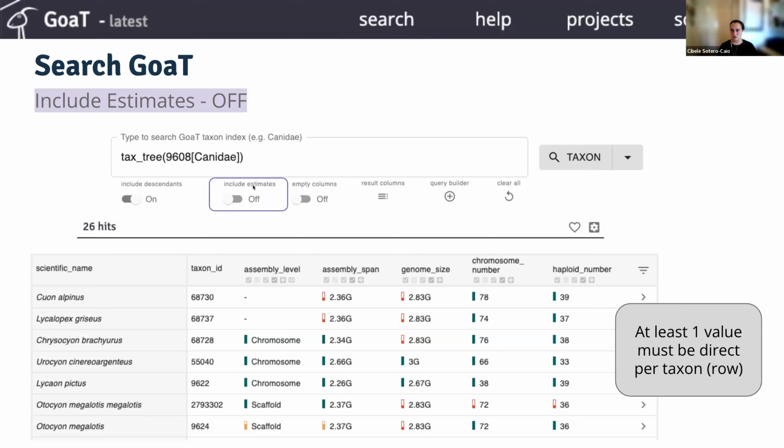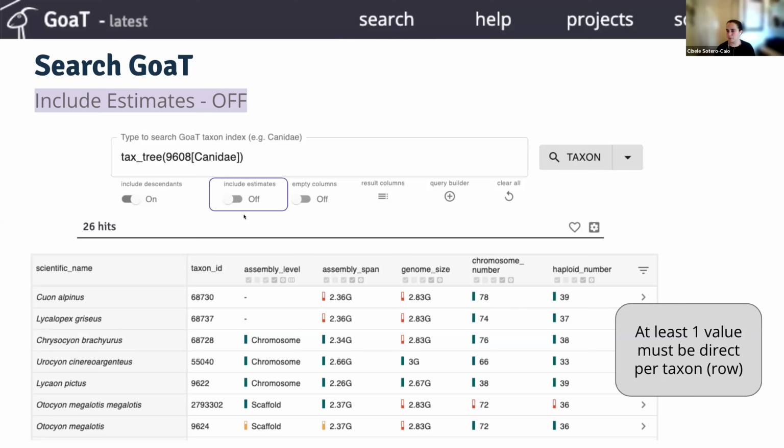So it is column agnostic, but it depends on how many columns and which columns you have displayed here. Let's say that if you remove the haploid number column, then it will just focus on the other columns, and then maybe even the results will be fewer species.